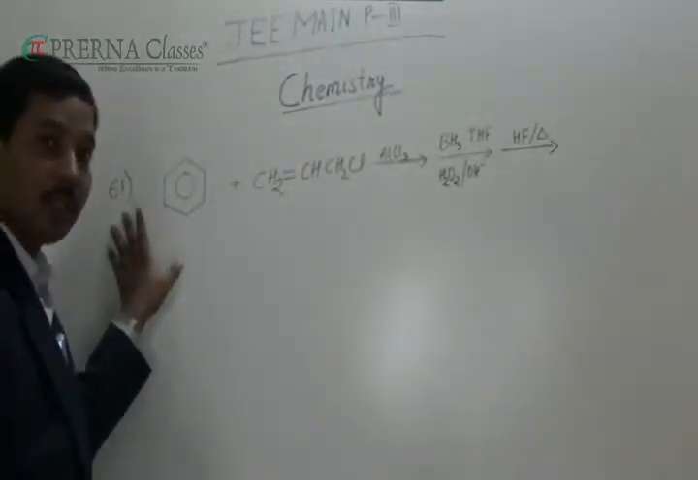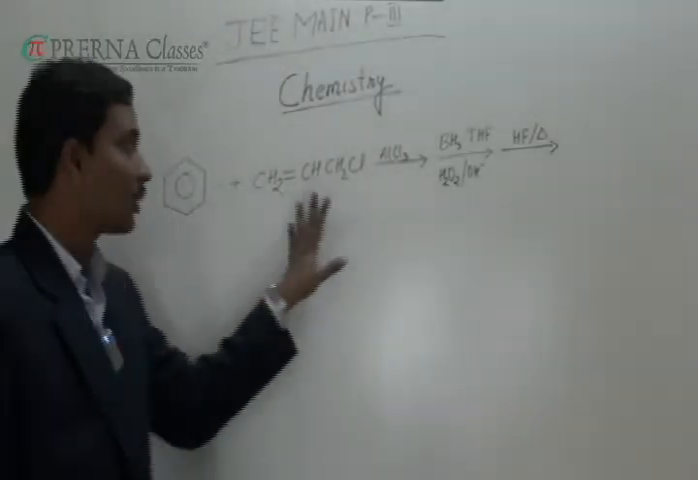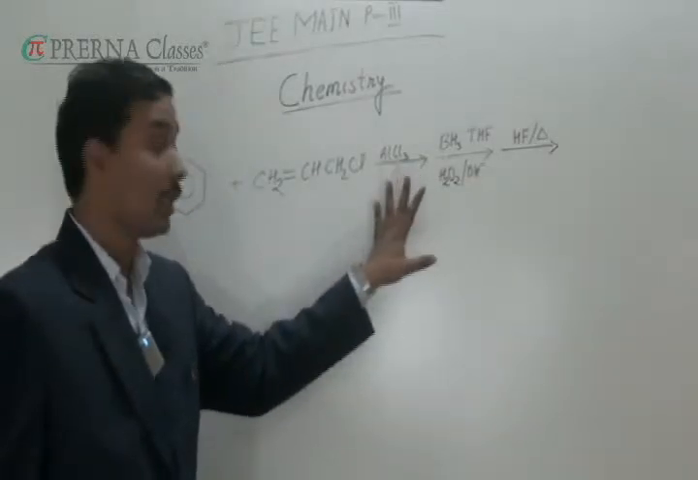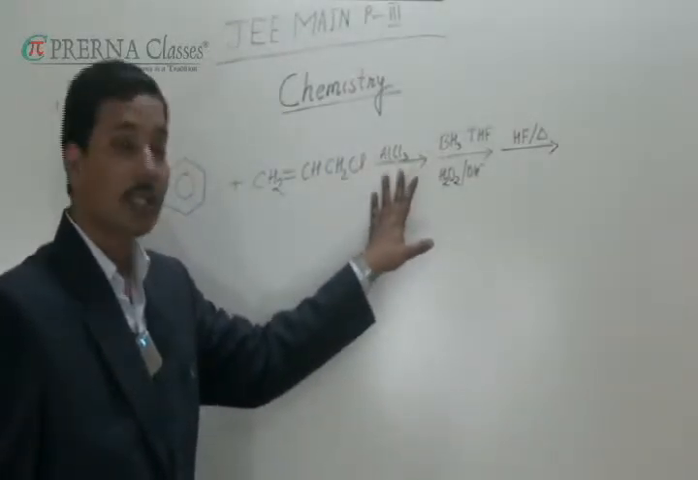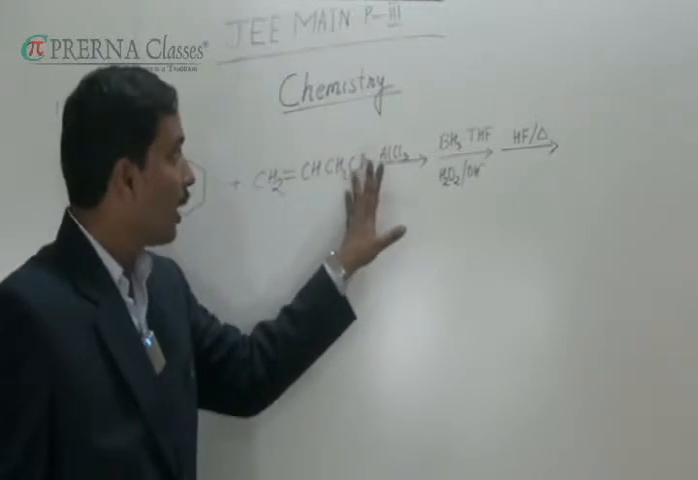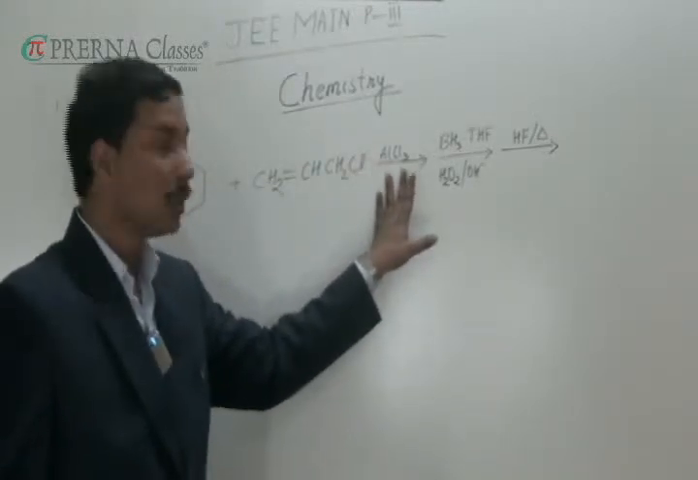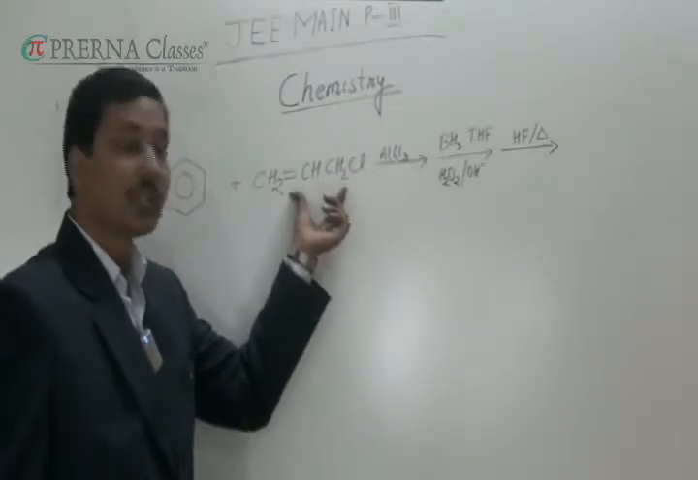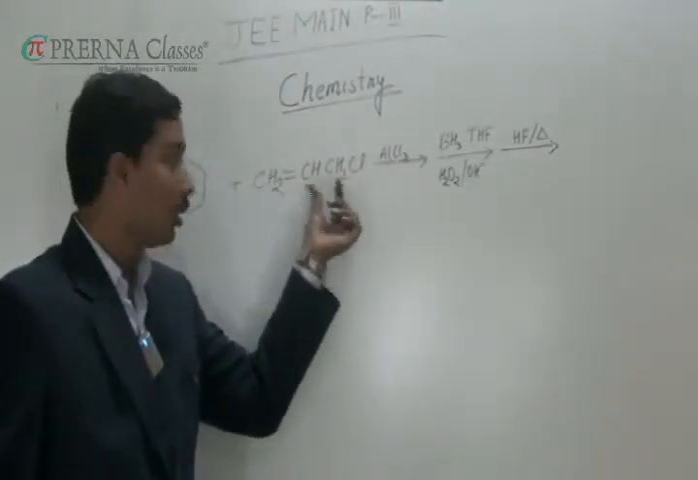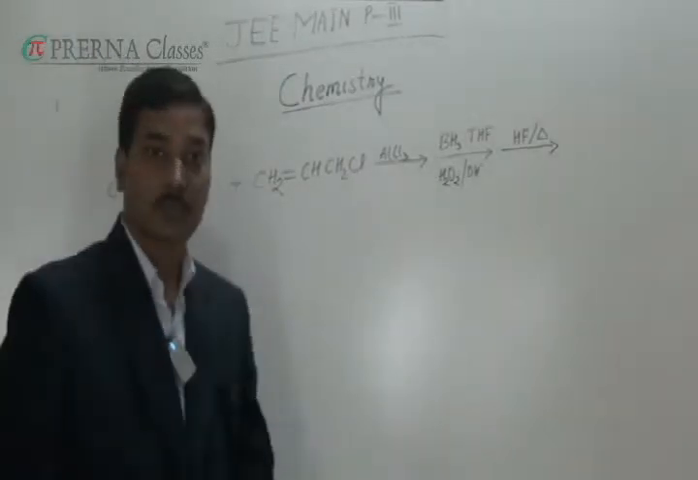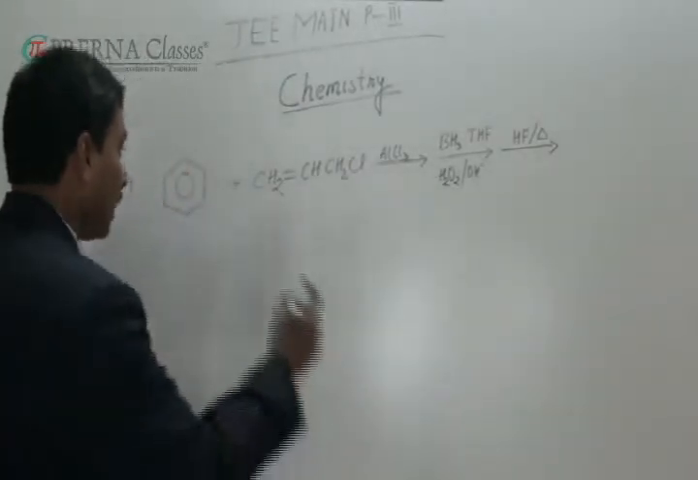Question number 61. Benzene is reacting with allyl chloride in presence of AlCl3. AlCl3 is electron deficient. It will attract the Cl and is converted into AlCl4 minus, and the allyl chloride is converted into an electrophile. Now this electrophile will react with benzene as an electrophilic substitution reaction. So we can write